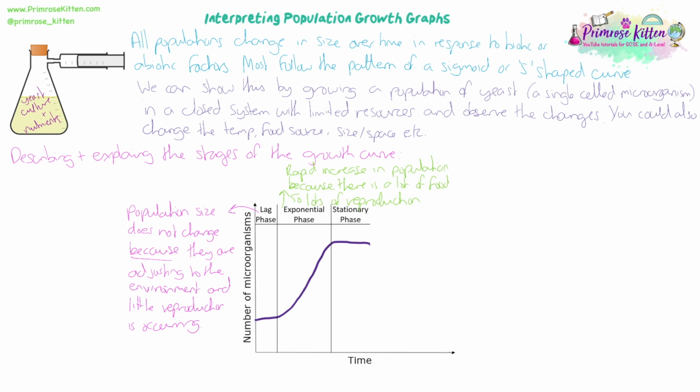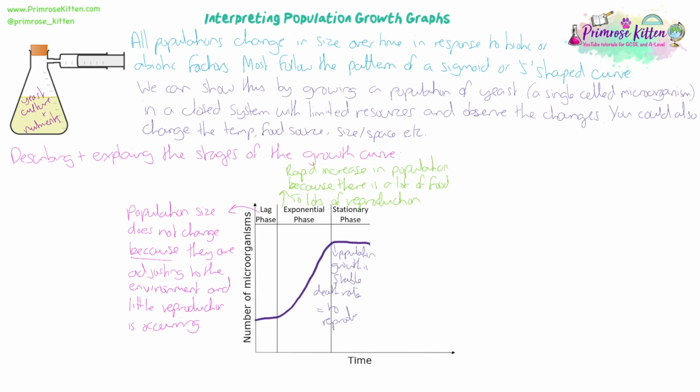And now we've moved into the stationary phase. Stationary meaning still. We've got a little bit of a plateau, a flat line happening. And that's because at this rate, we're not increasing our population anymore. It's pretty stable. It's staying and hovering around the same numbers. And that's because the amount of reproduction is being matched by the number of organisms that are dying. So the death rate and the reproduction rate are equal. We've still got enough food to keep reproducing, but some organisms now are dying and getting old, but we've got